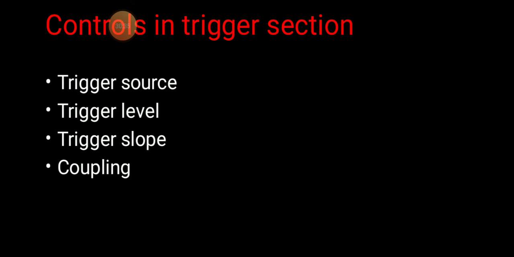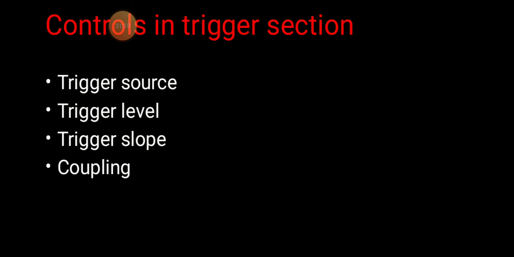Next, third one, that is the trigger slope. What is the use of the trigger slope? The controller is a push button switch marked plus or minus, which is used to decide whether the trigger pulse is to be generated corresponding to the positive going edge of the input or the negative going edge of the input. Whatever one complete cycle you take, there is a positive half cycle and a negative half cycle. Once you press plus, it shows the positive half cycle. Once you press minus on that button, it shows the negative going pulse or negative going edge. For that purpose you have to use the trigger slope.